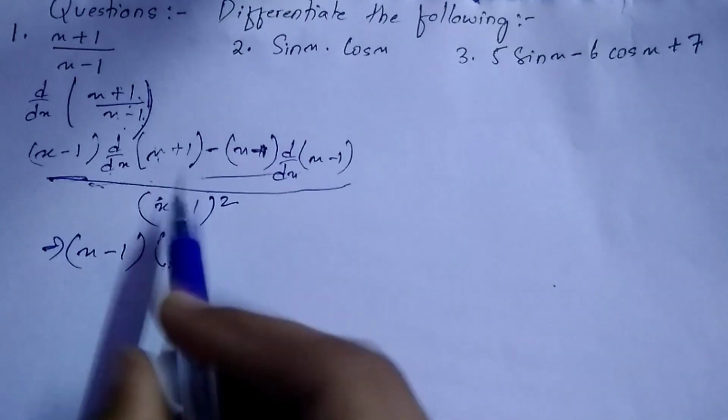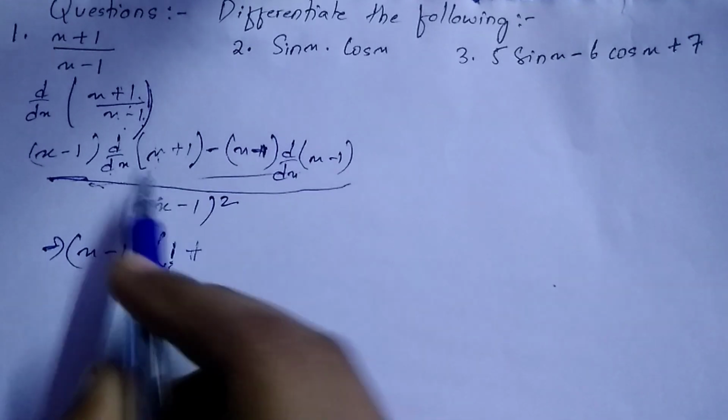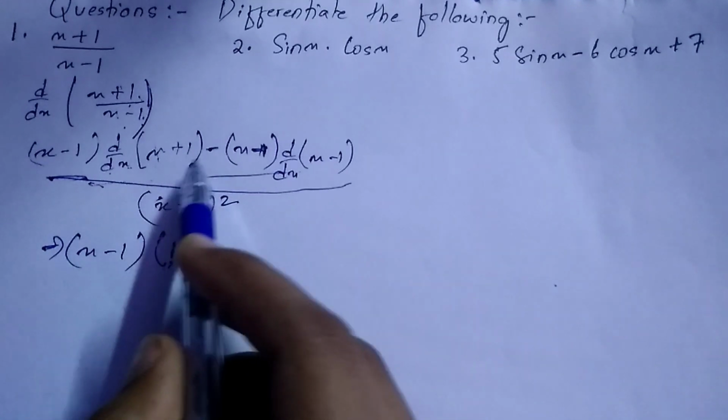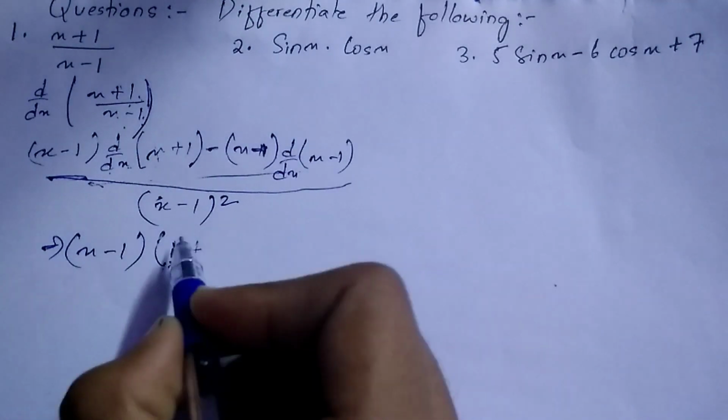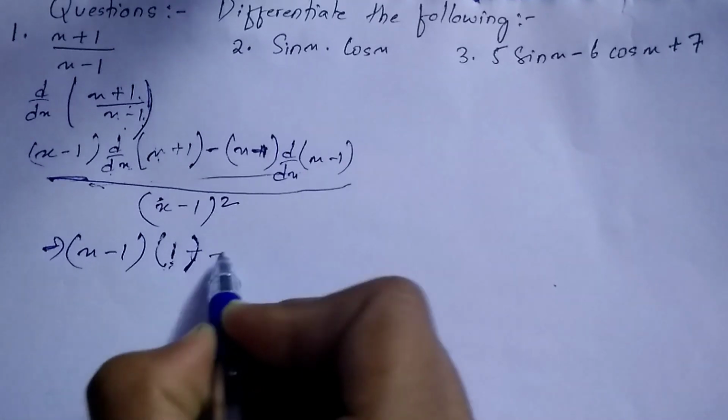And ddx of 1 is there. Plus sign as it is we need to write. And ddx of 1, so I have already said this is a constant term. So for any constant term, differentiation is 0. So it will be 1 plus 0. So I am not writing here 0. Now minus